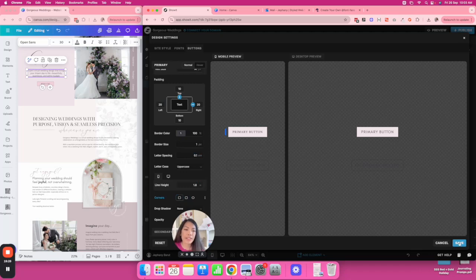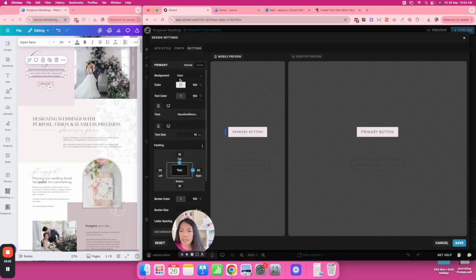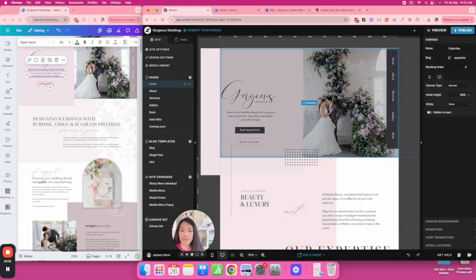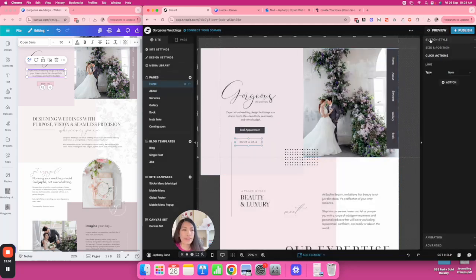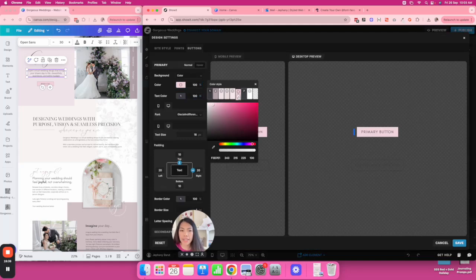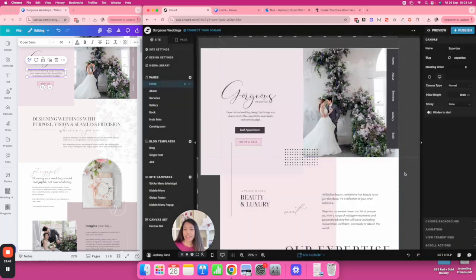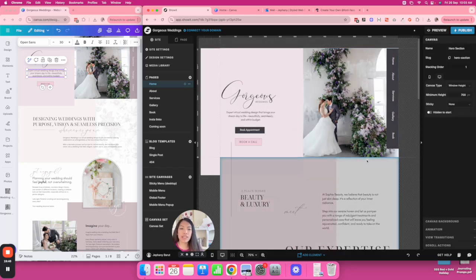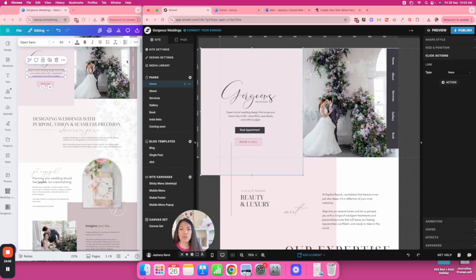So now, as you can see, primary button, book a call. That's just the design, and then we're just going to change "book a call". Okay, that is wrong because we're going to change the color into this pink. That's what should be better. So now that's more like it. We don't really want this one. So now, as you can see, the first one,